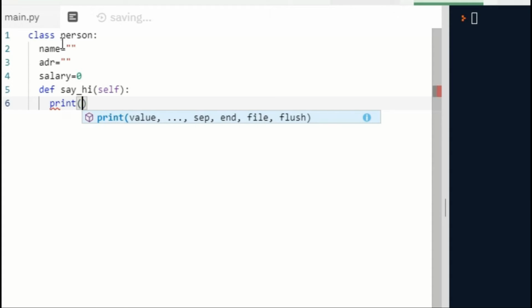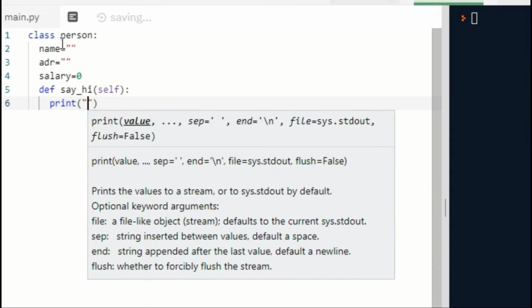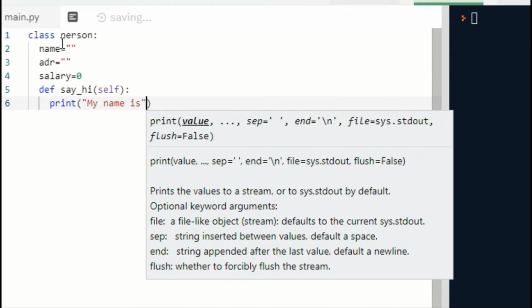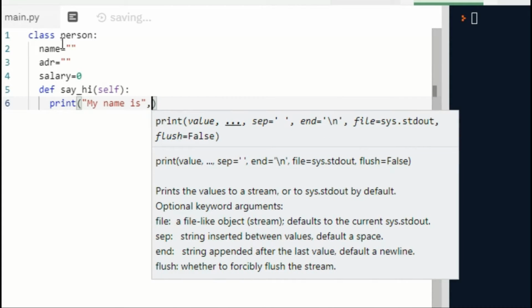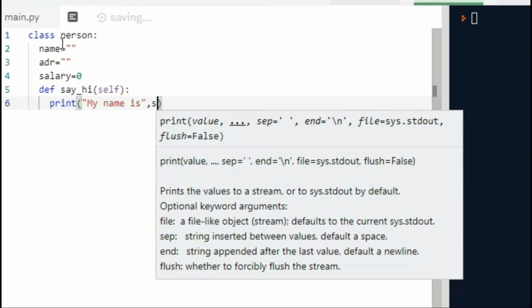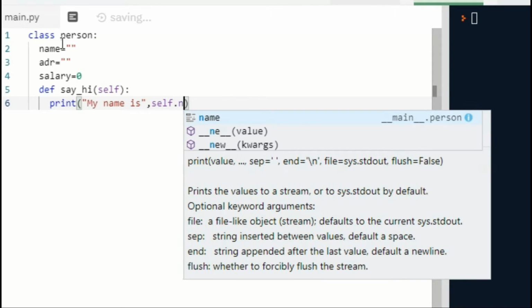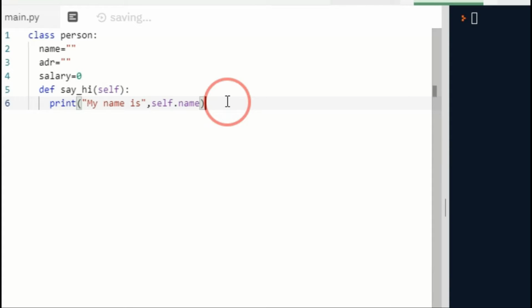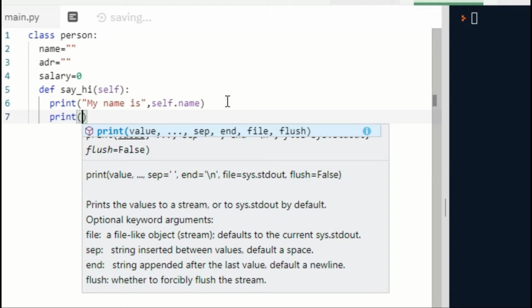We will write down print, my name is. The value of the name data is stored in the name variable and can be accessed using self.name. So you can see the recommendation list is there and we select name, and it is accessed using self. So self points to the current object of that class.